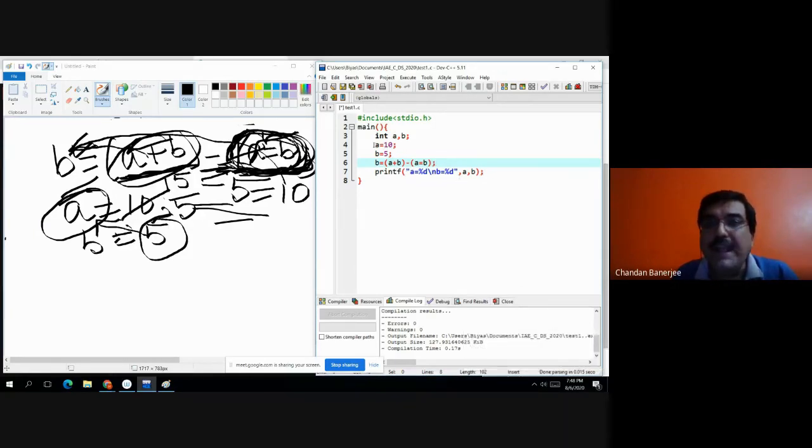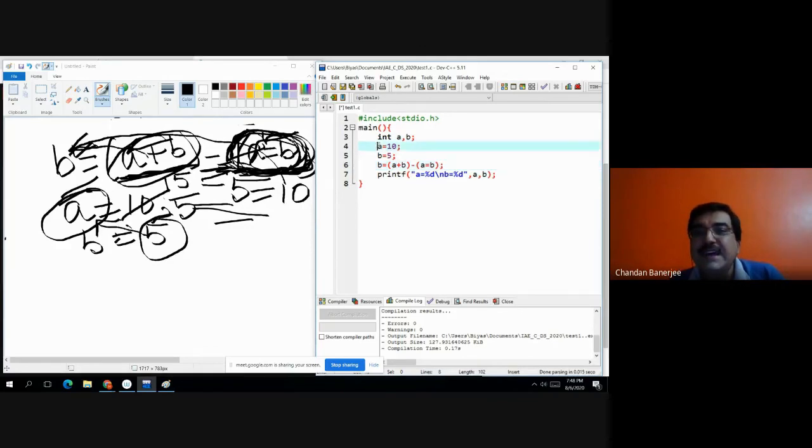In the starting a is 10, b is 5. Now b equals a plus b minus a equals b. Fine. Printf, just show the output a comma b.